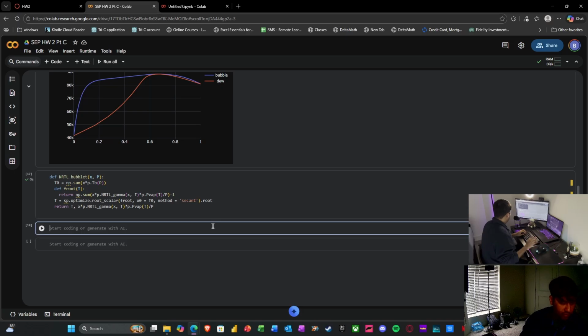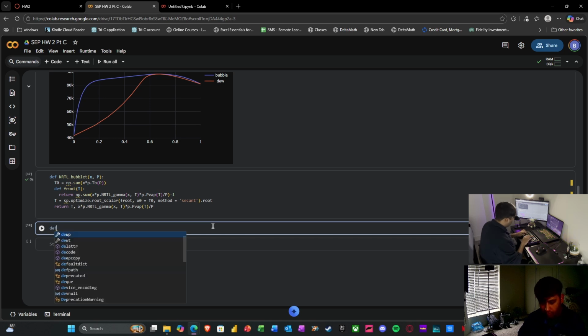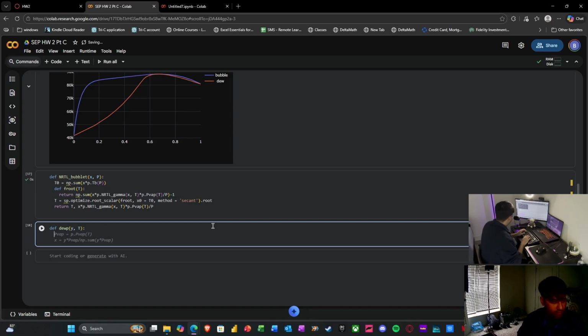Okay, so now we're going to try and define our dew temperature, but first we're going to define our dew pressure in terms of y and T, and then we're just gonna go ahead and say our Pvap is P.Pvap. We're gonna return P and y times Pvap,